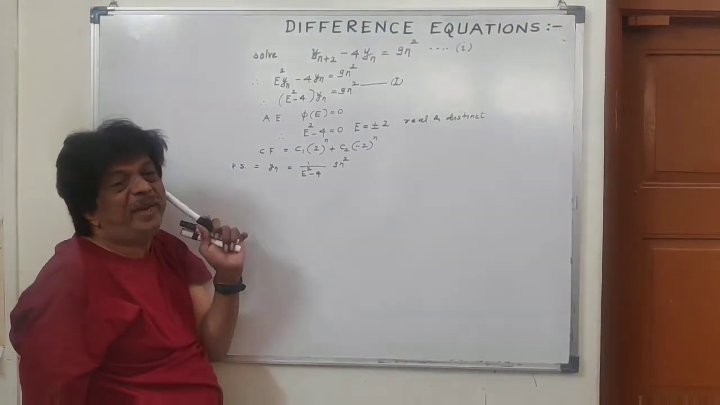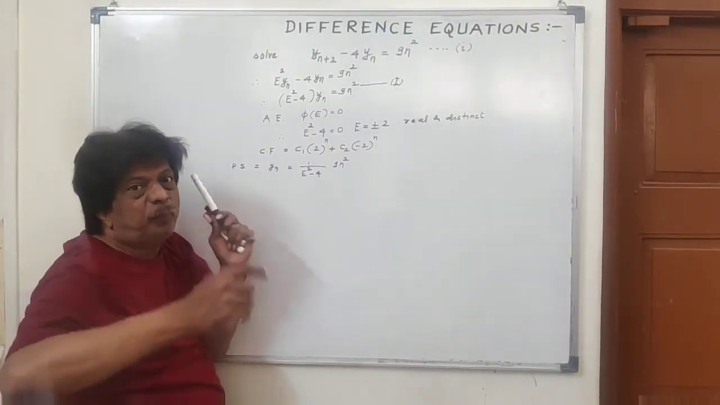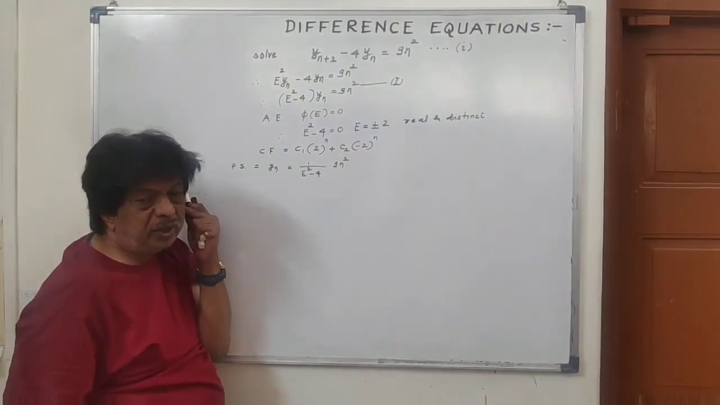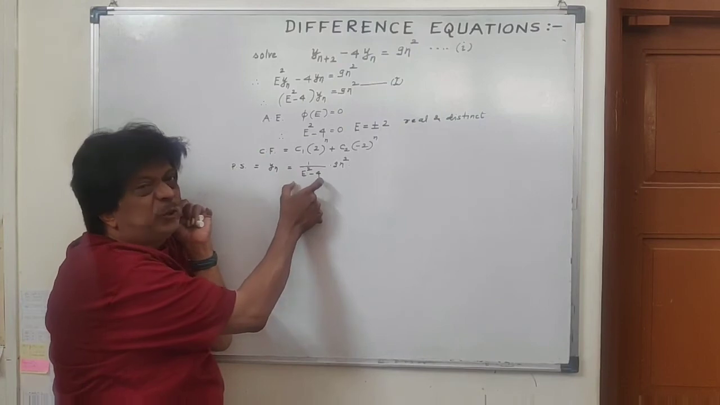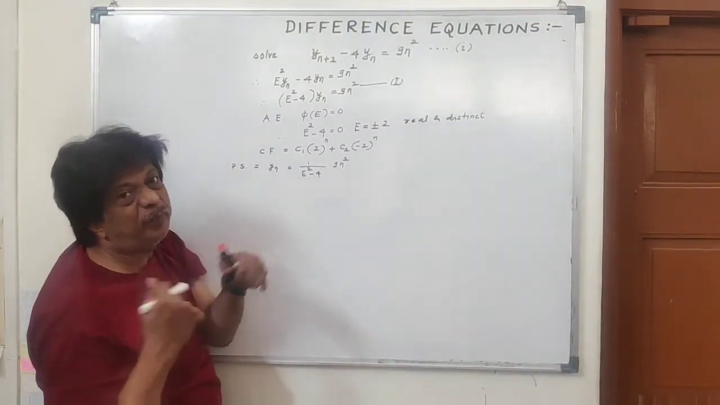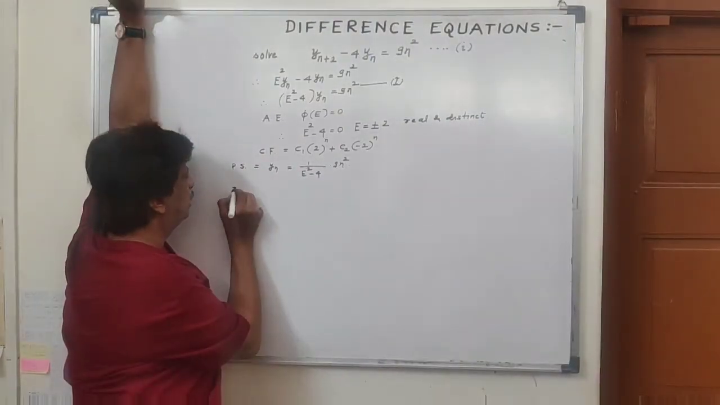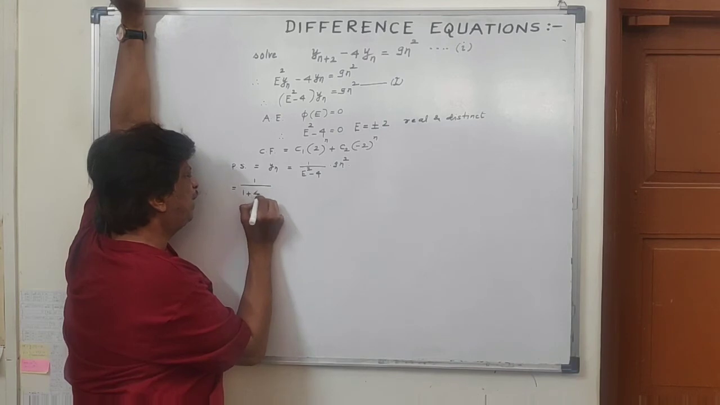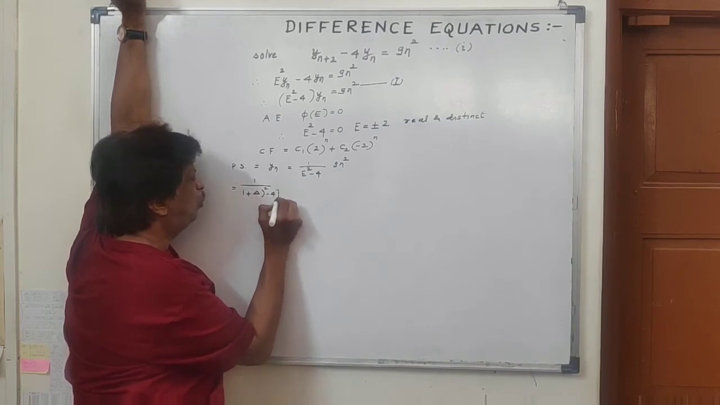So this is an algebraic case, N raised to power k. So what is the procedure? You first express capital E in terms of 1 plus delta. That is equal to, note this, 1 upon E is equal to 1 plus delta whole square minus 4